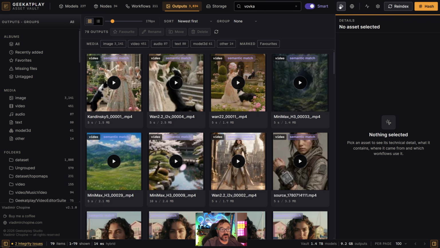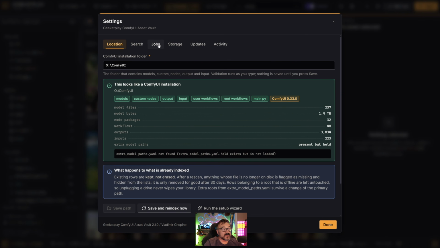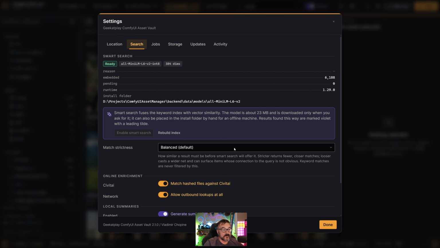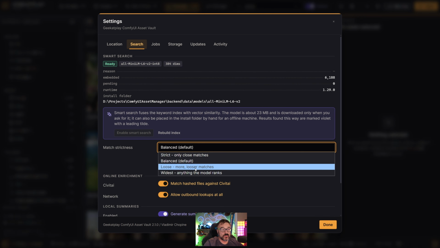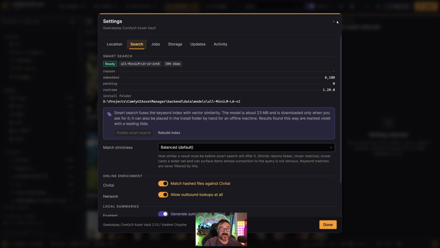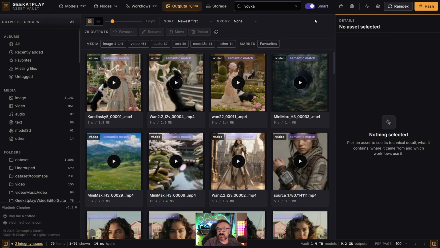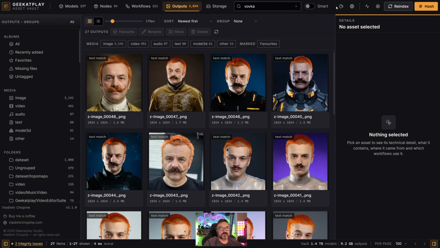So it's kind of like with Wovka, but if you need it, you can go inside this search, and right here, you can actually set what you want: loose, wider, strict. So this is more AI-based search. And as we're speaking about the smart search, you'll notice right here,